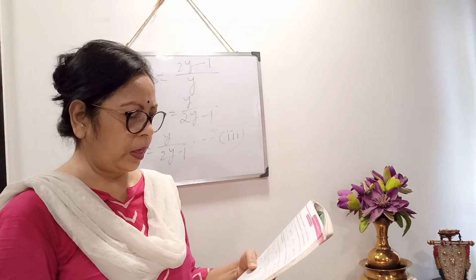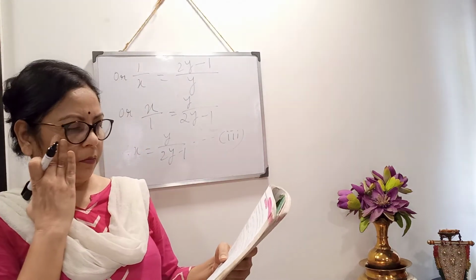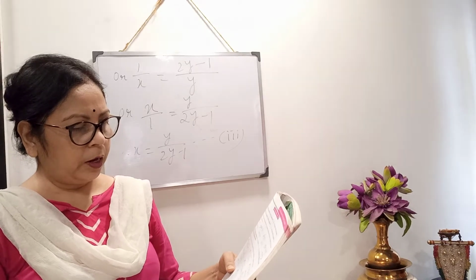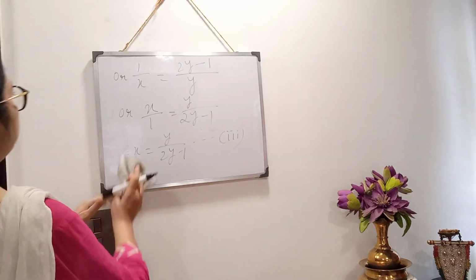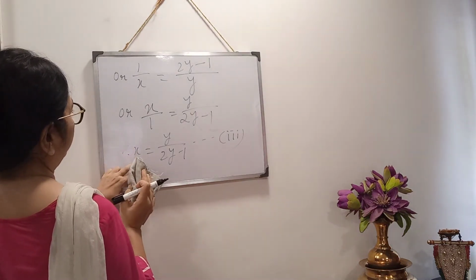Then from the second one, I think someone has written in the old book, minus 1 is written, otherwise it will not come. In your book it is given (x minus y) by xy equals 1, and someone has written minus 1. I don't know why. Okay, it is 1, and (x minus y) by xy equals 1.